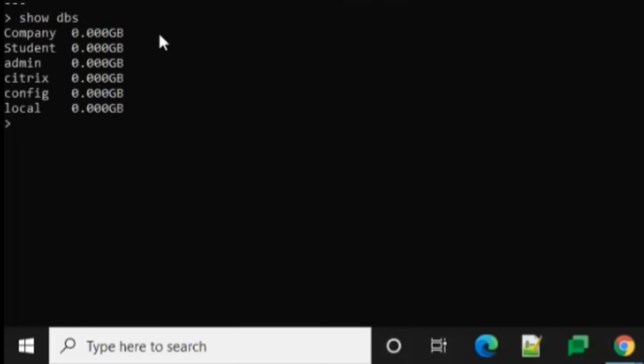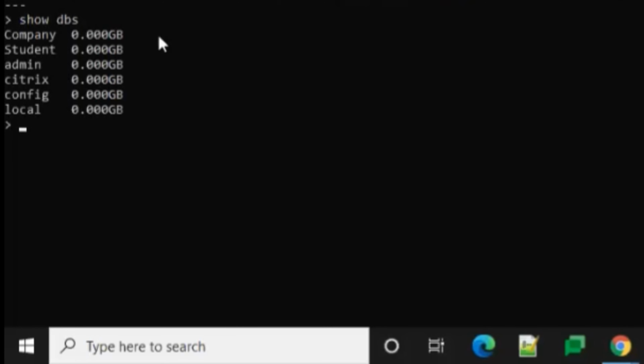If you see the greater than symbol, it means it connected to the Mongo server. Type show dbs, enter. It will list out the databases available in our server.